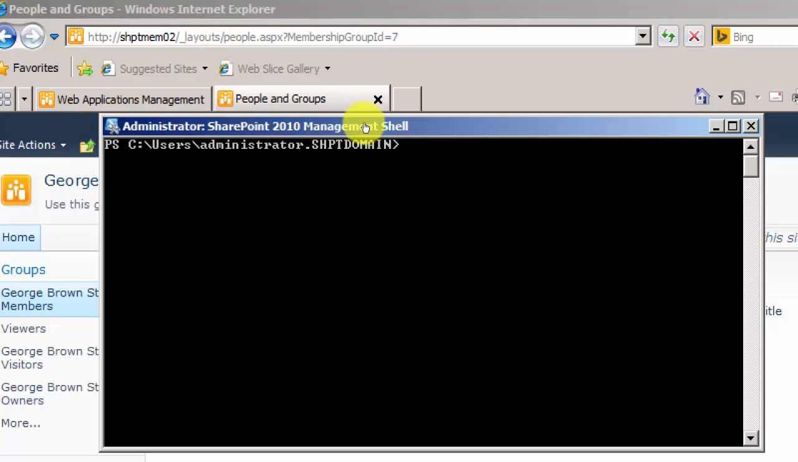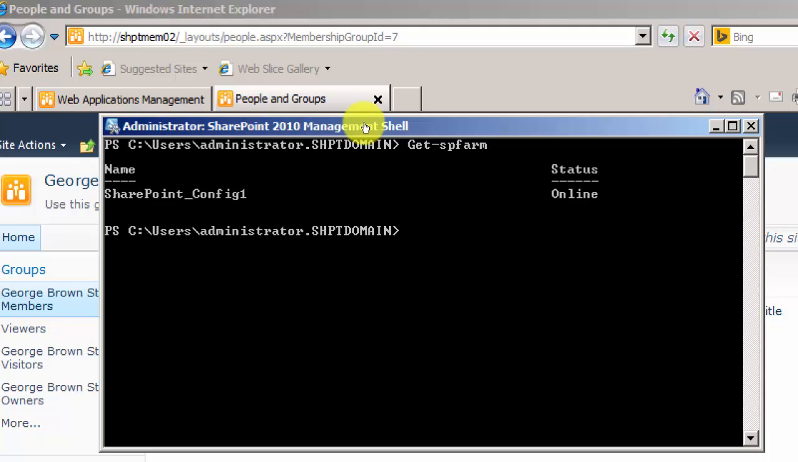Okay, so we want to know the information of the farm from PowerShell. So, Get-SPFarm. Well, this is online, but this is not the full information about the farm. It is just showing me the database name which we had. But if we go for